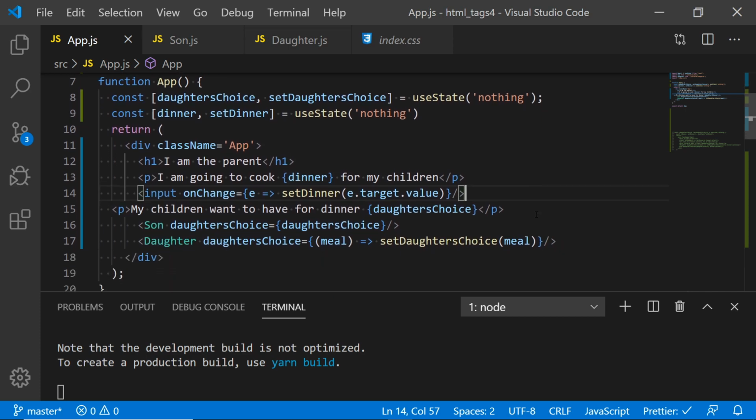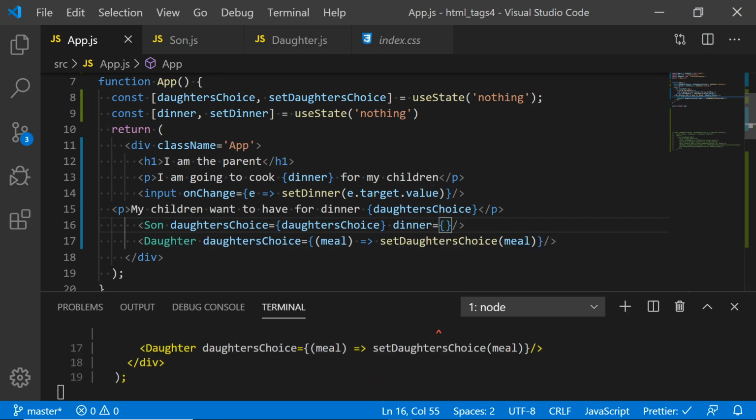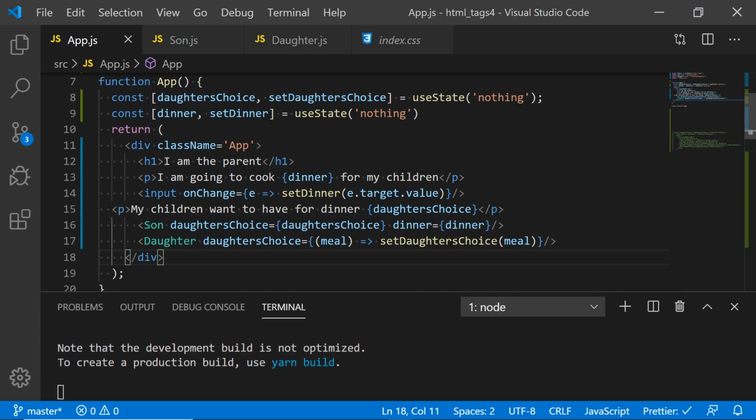But then I want to pass that to the son and the daughter, so to the children. So let's say dinner equals to dinner, right? Yes or no? Yeah. Dinner? Yeah? And then same thing for the daughter. And now the son,